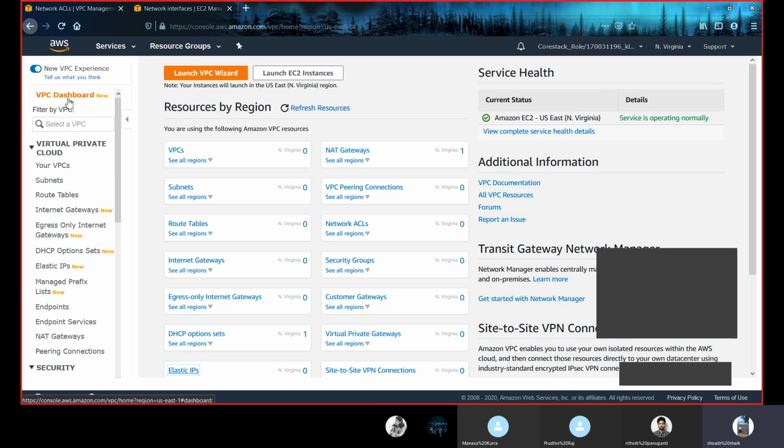Now, coming to VPC costs. Generally, we are charged per hour based on our usage. If we use a virtual private cloud for an hour, then we'll be charged accordingly. If we create a VPN, virtual private network, it is charged per hour. And if we create a NAT gateway, we are charged per NAT gateway hour. There are different costs for different resources that we create in our virtual private cloud. So this was all about a virtual private cloud.